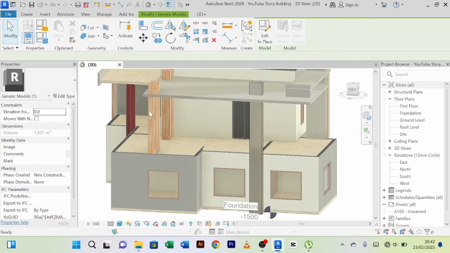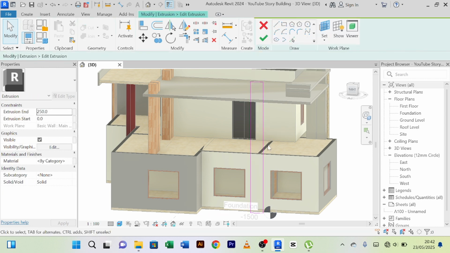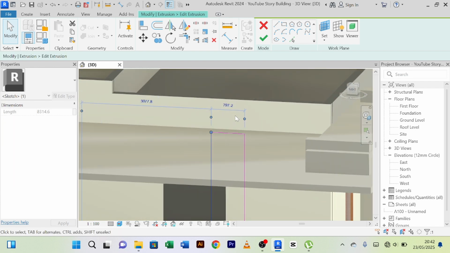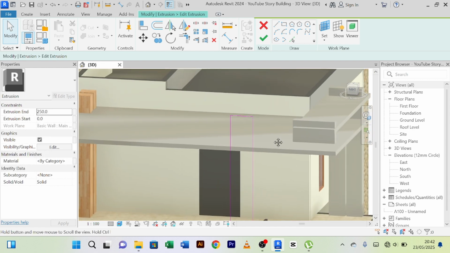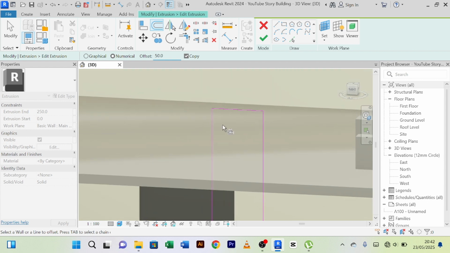So I'll edit, I'll click on it again, I'll edit extrusion. Let me see the size. It's a 7, 9. Let me put it at 800, like that. Then I can now split it into smaller sizes. So I'm going to pick my offset. I'm going to offset 50. I'll offset 50,